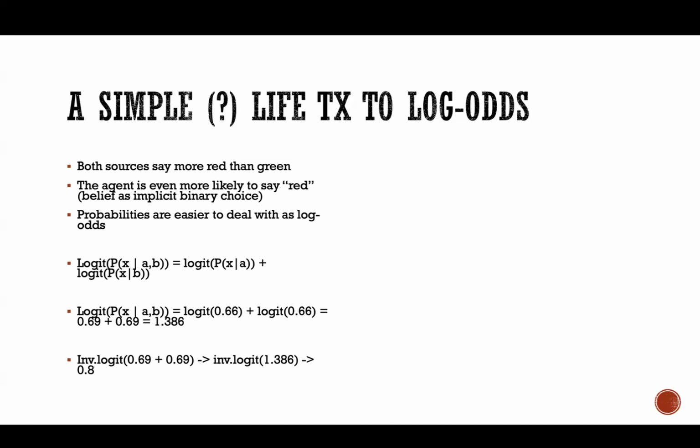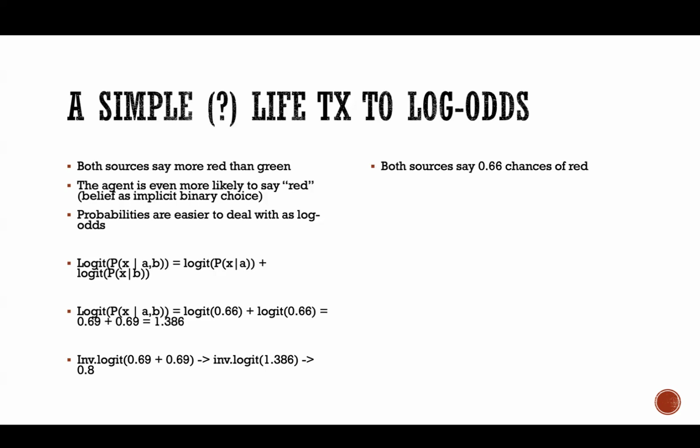Right? This is, to a certain extent, satisfying. To a certain extent, it's dissatisfying. Why? Because if the two sources say 0.66, we might have that the agent will keep the 0.66 somehow. But what this is saying is the agent will be more likely to pick red, which under a certain conceptualization makes sense. We might disagree with that and therefore try a different way,